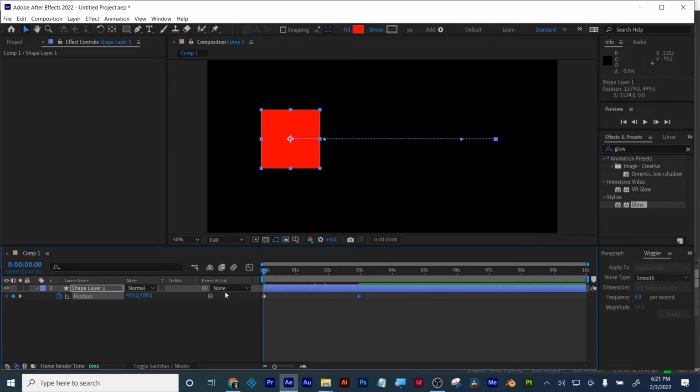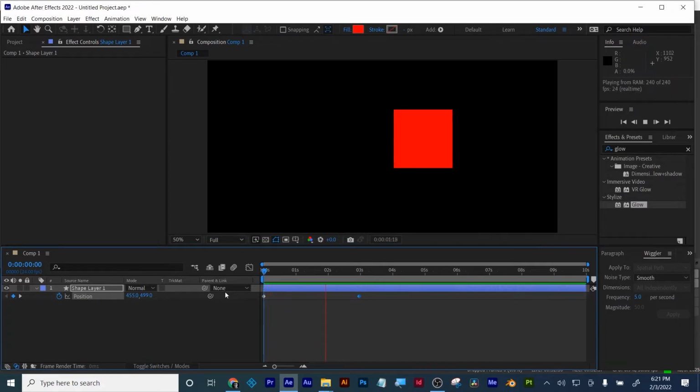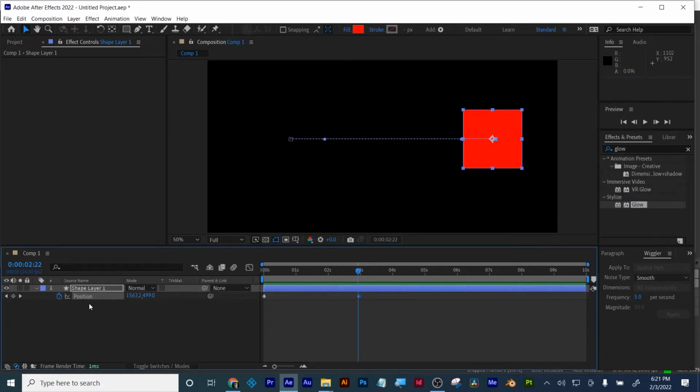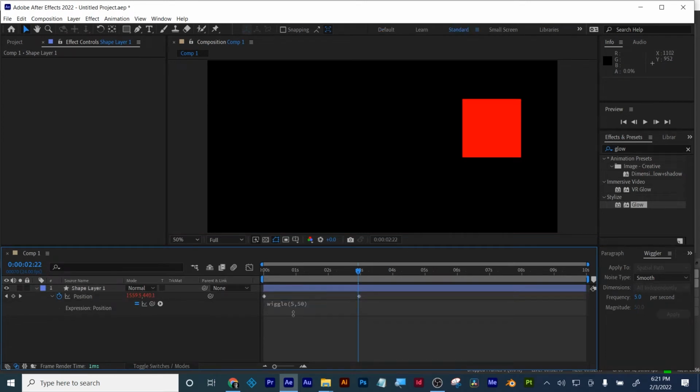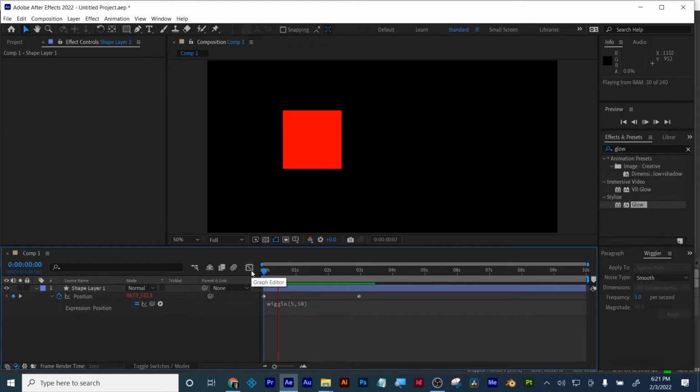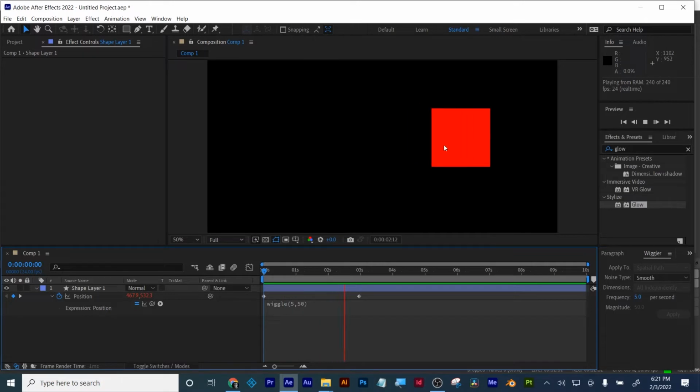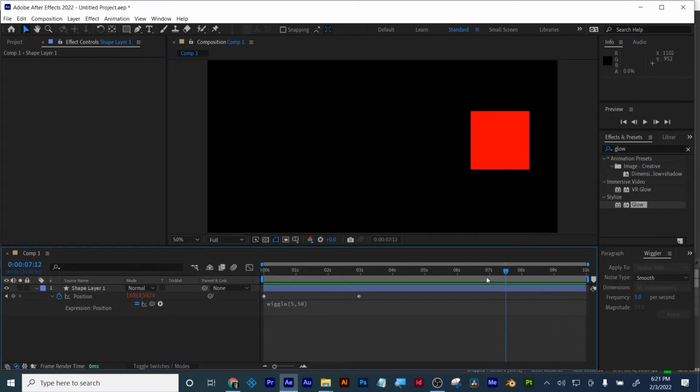And here's my motion. Same thing. That's all that's happening. So I click the stopwatch and I put in my keyframes. Now I'm going to hold down Alt or Option and paste that expression in there. And watch what happens. It's moving side to side, but it's also wiggling. And then also notice the expression will keep randomly doing it for the duration of the layer length in the timeline. So if I start moving this down